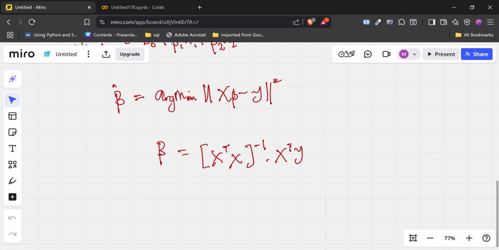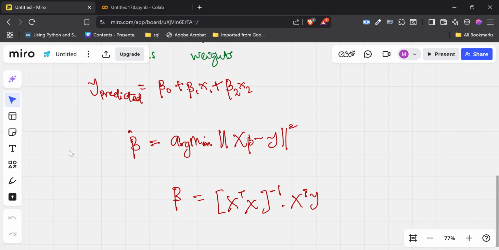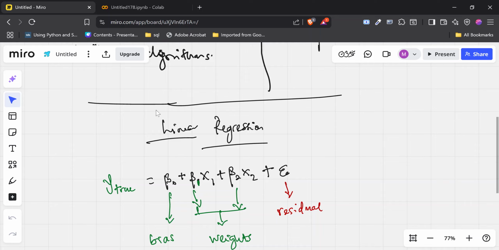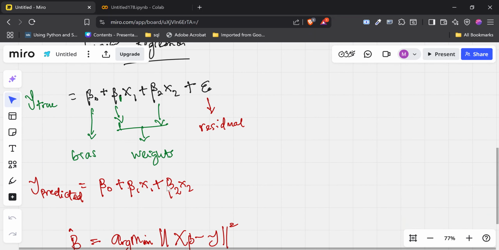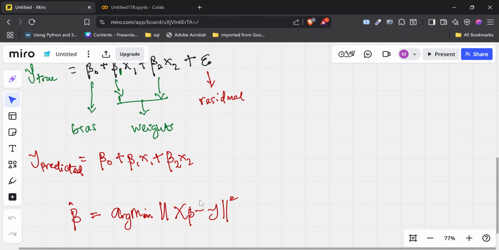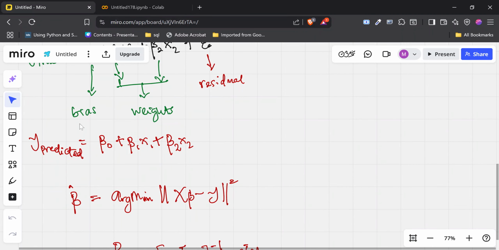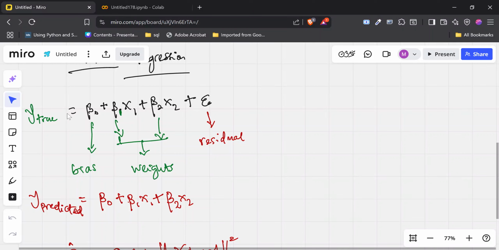Now, once we have that solved, it means we can take new values, new entries, pass them into this equation, and it is going to return a value that we can compare with the true value if we have true values at hand, and see how the model has performed. And model performance is going to be what?